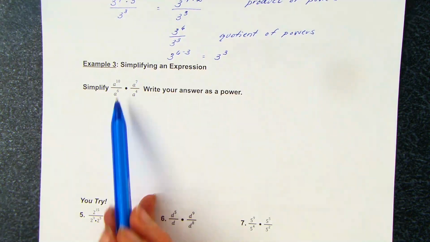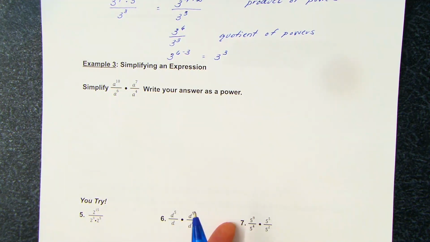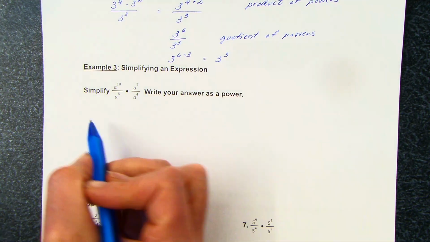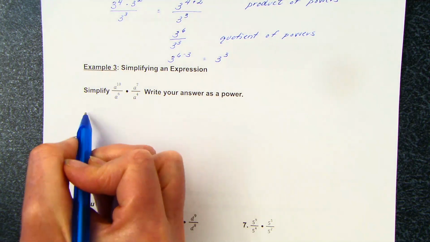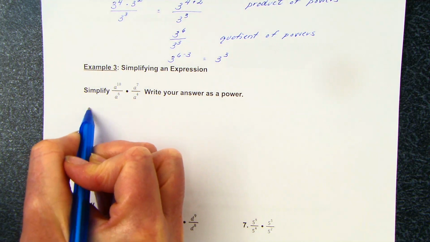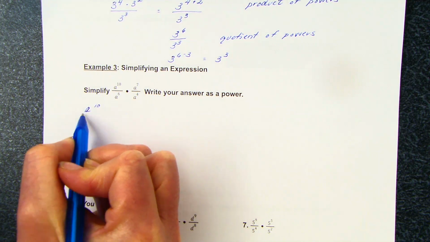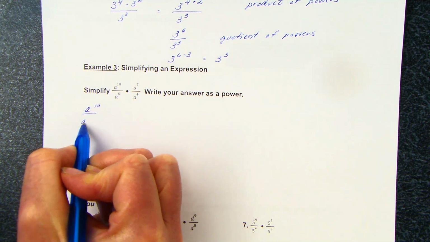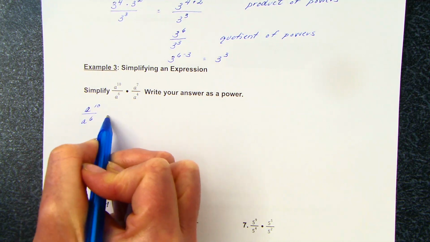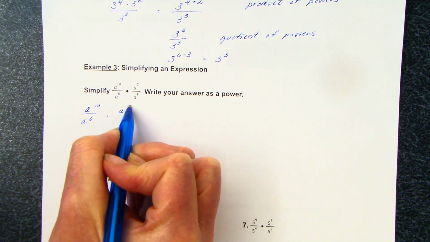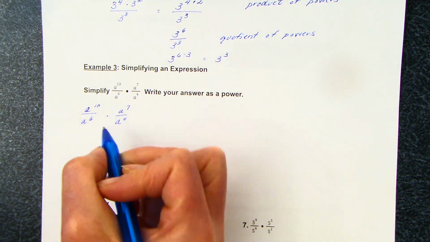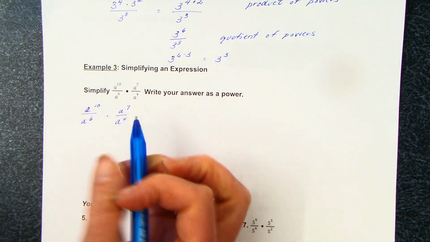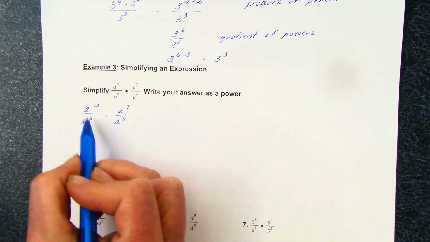And then when we get into example 3, we're actually going to do this one 2 different ways. You've got 2 different options. Let's start with using the quotient of powers first. So I've got, let me just rewrite the problem, a to the 10th over a to the 6th times a to the 7th over a to the 4th. And so using that quotient of powers first, I can do